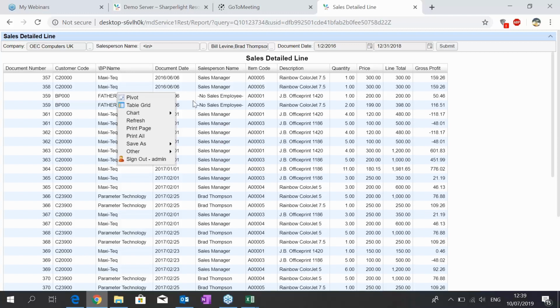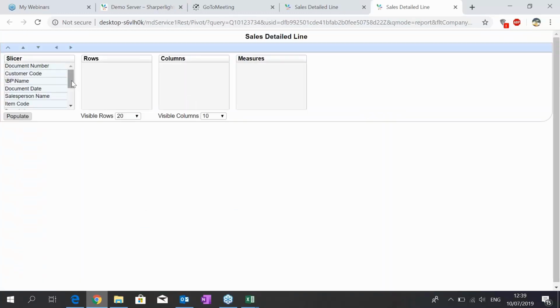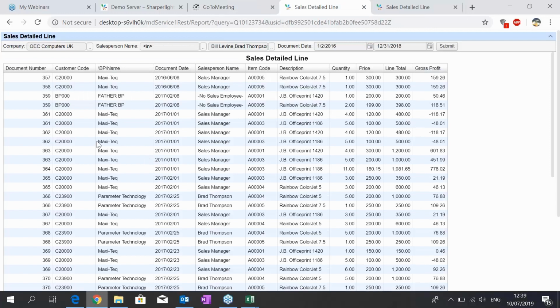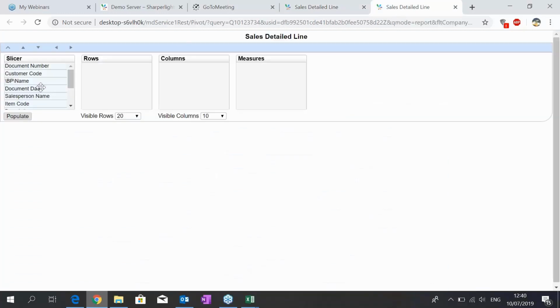For example, I want to analyze further, so I can quickly go straight to the pivot there by clicking on that. What that does, it actually will bring for me all the measures as you can see there. So in a scenario where, yes, this was my main report where I had all my detail, but if I wanted to go based on a summary level based on the salesperson, I'll just drag my salesperson as the rows